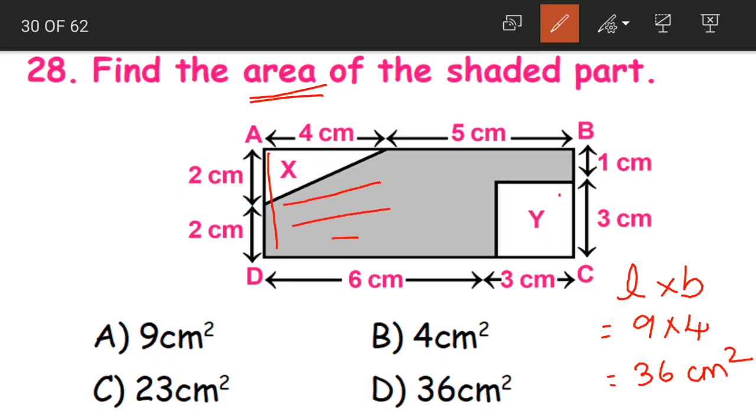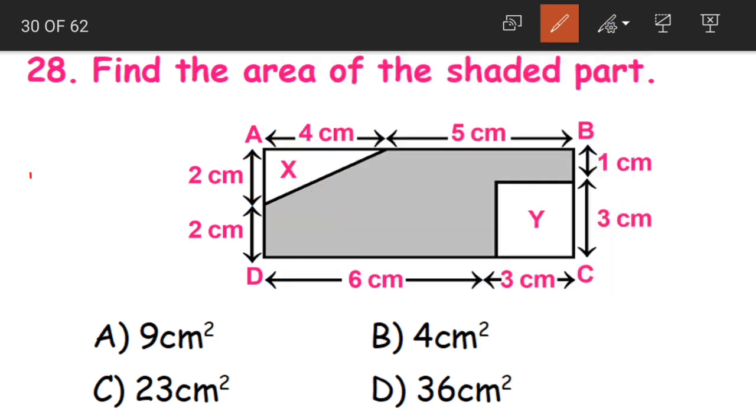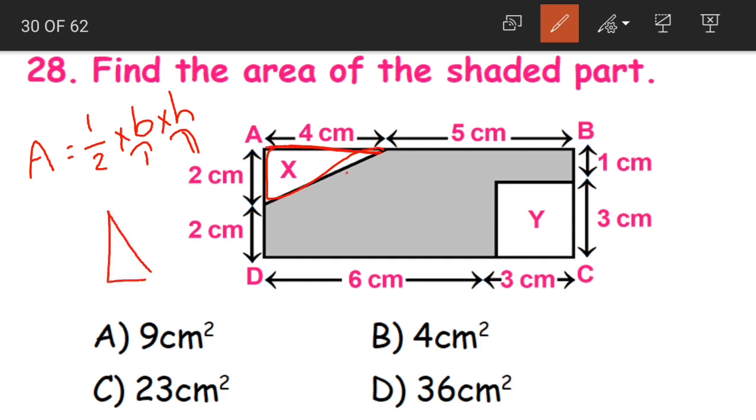So first let us find out the area of our triangle x. If you remember, I gave you a formula for area of triangle. It is half into b into h. B is base and h is height. This triangle, yes, I am drawing the same triangle here. Is this the same? Yes, the triangle I have just shifted the position. Now what is the length here? It is 2 centimeters. And what is the length for this? It is 4 centimeters. Yes.